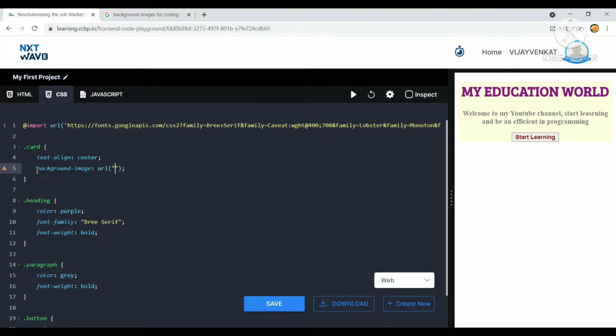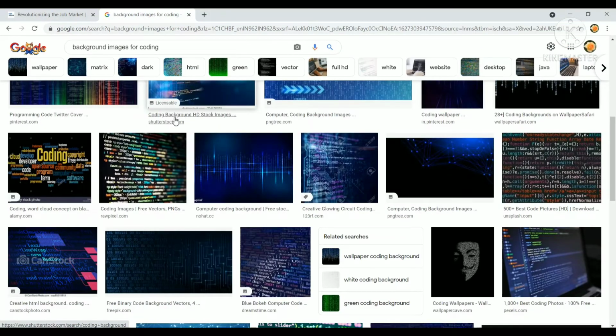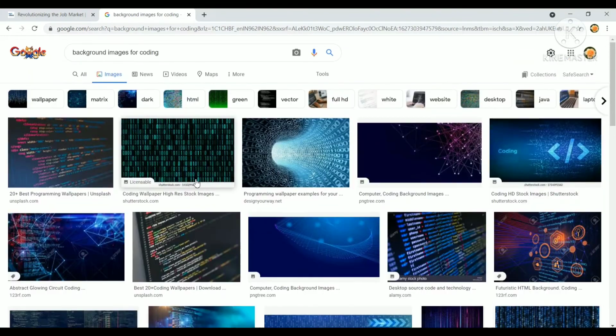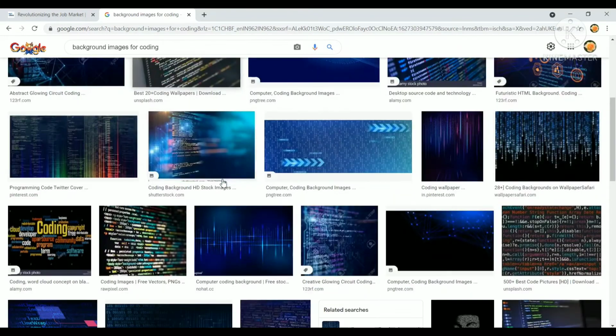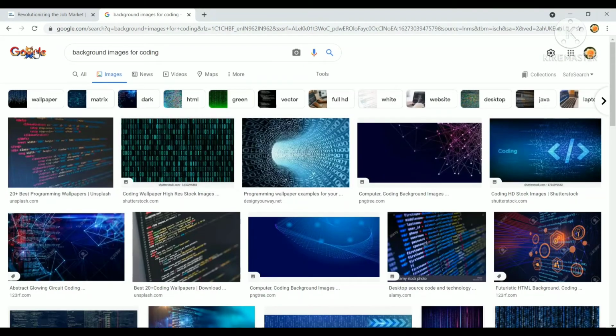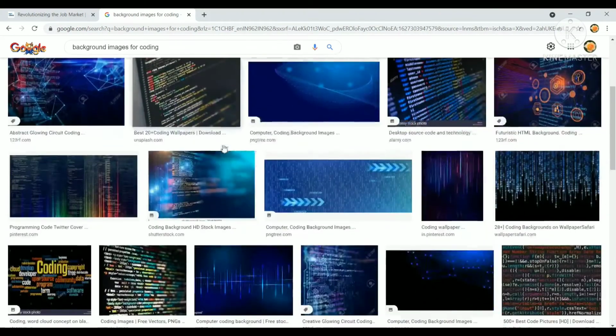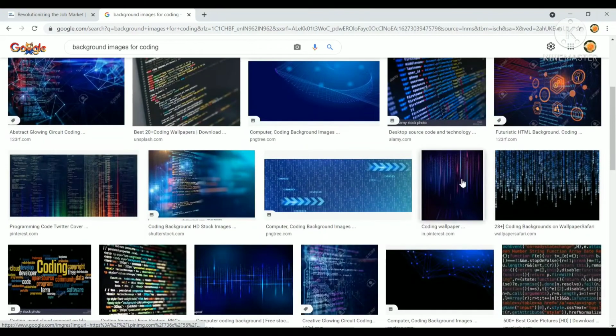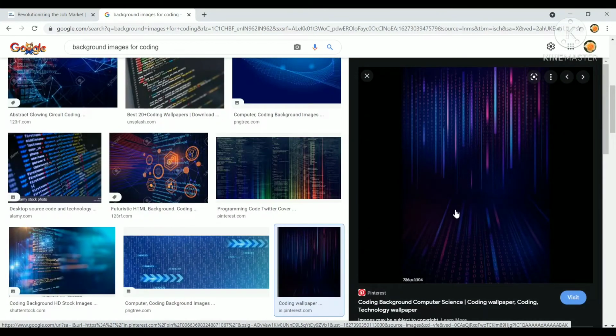How to add an image URL? Suppose I am adding an image for my YouTube channel website. I am going to add a background image for coding. There are many images here, and we have to search in Google. I am considering this image.